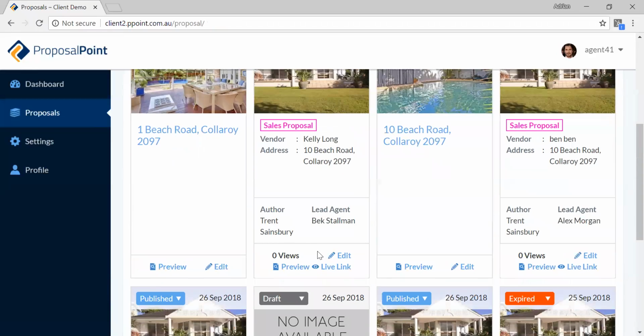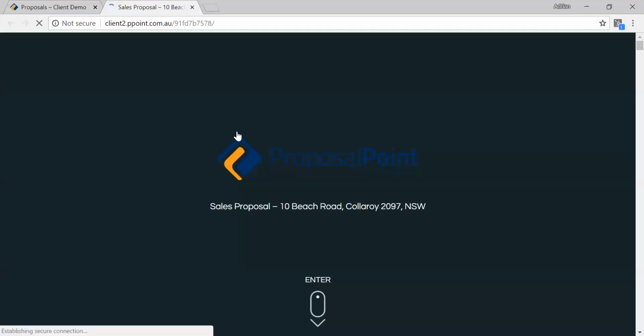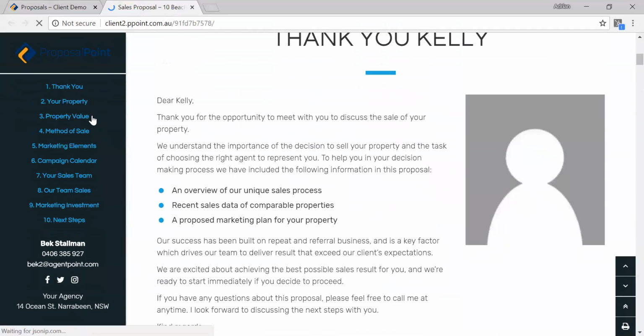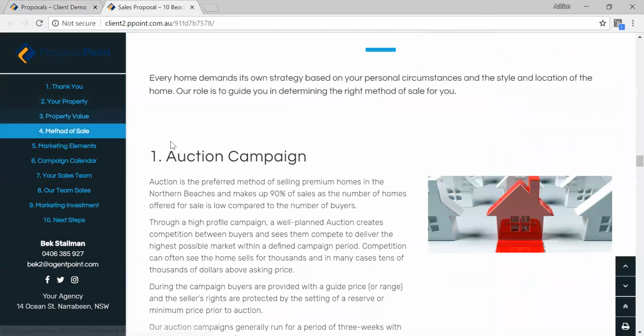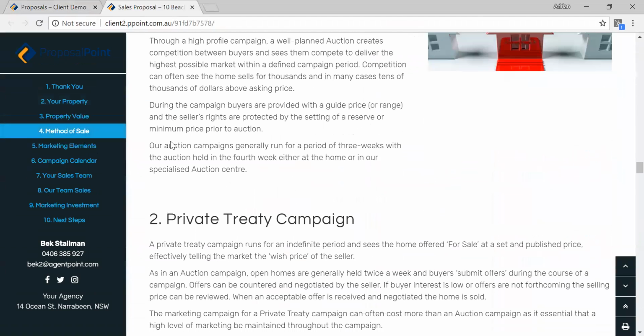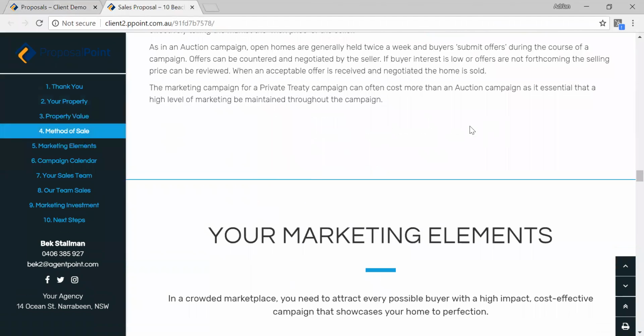Won't be a moment. So I'll go down to the method of sale section. You still have all of the details on the different options displayed, but there's now no recommendation made on the